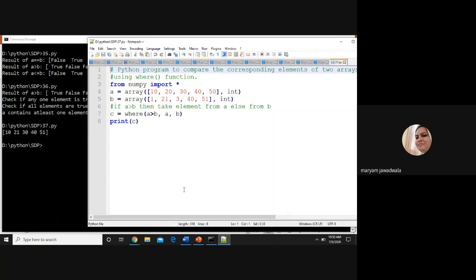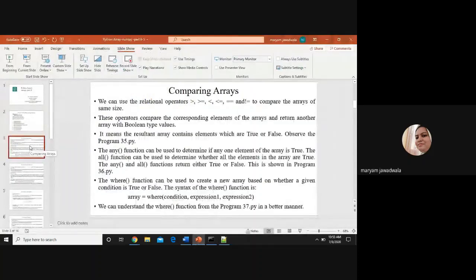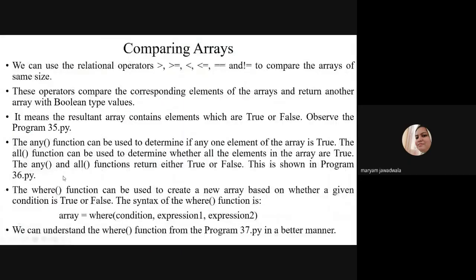It's a very simple program. I hope you understand the concept of comparing two arrays. For comparing two arrays, we can use relational operators, the any function, the all function, and the where function to obtain a third array.